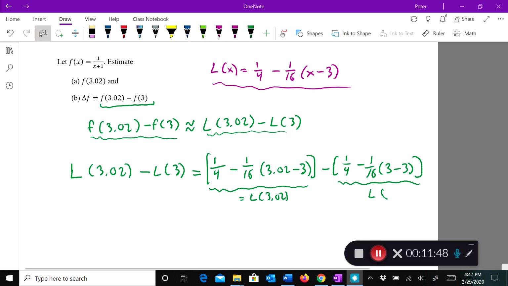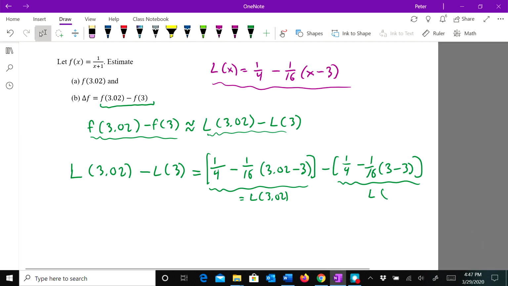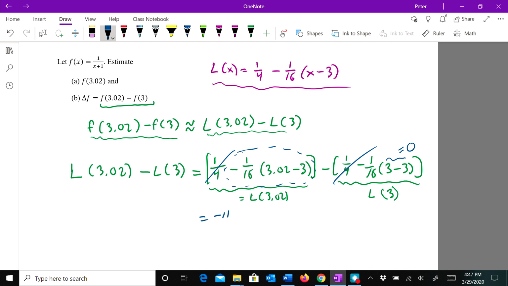So this is equal to L of 3. Okay. Now, notice a couple of things here. First of all, these are going to cancel each other out. We're going to have 1/4 minus 1/4, and this is equal to 0. So the only thing that I'm actually left with here is this. So this is equal to negative 1 over 16,